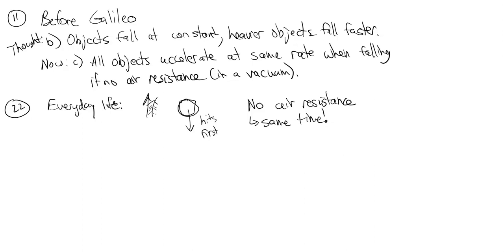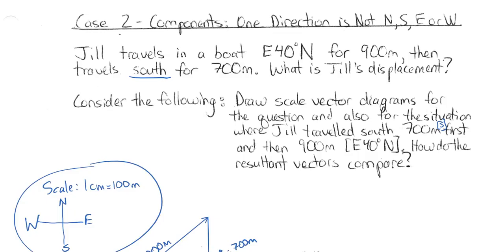The last example we're going to go over here is I'm going to walk through again an example on how to find the algebraic solution to two different vectors added together. So let's do that. I'm just going to revisit the example we looked at earlier in this unit, and hopefully as we go through it a second time, maybe with a bit of a different explanation, it'll help click if it's not yet. So let's consider the question of Jill traveling in a boat east 40 degrees north for